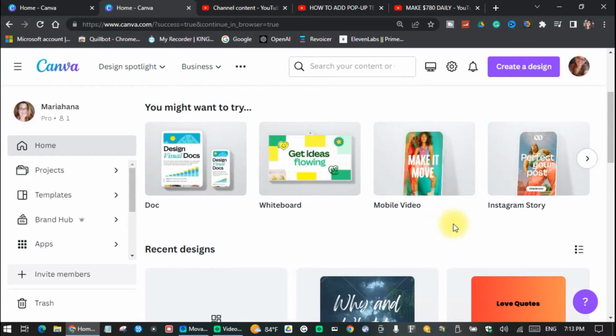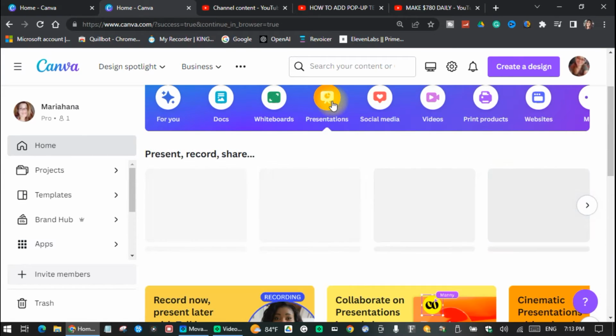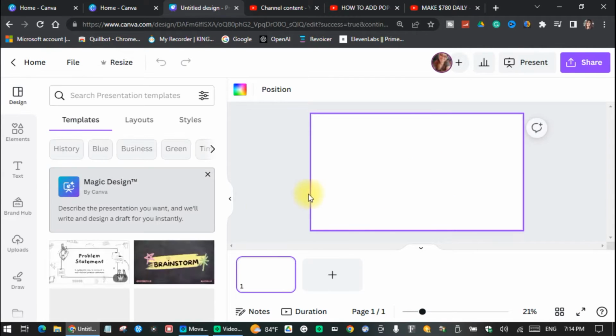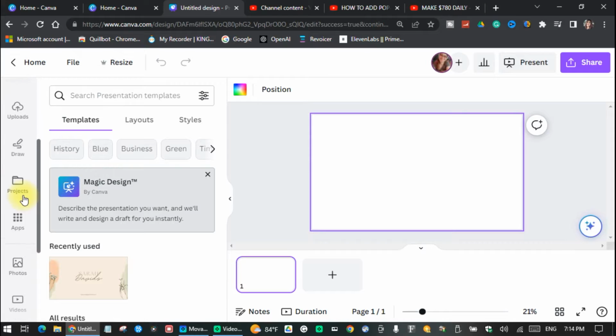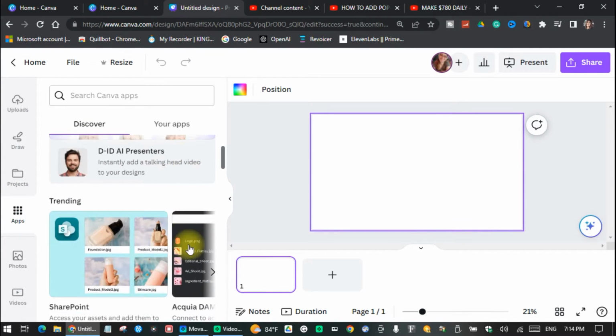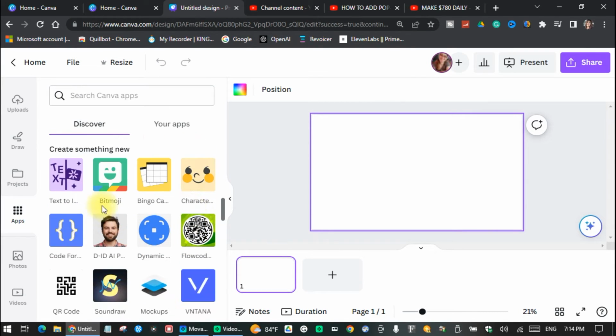And now let's go to Canva homepage and let's create a presentation. Okay, click the presentation and click the blank template. So I'm gonna use the blank template here so that we can design our own Bitmoji. Okay, so just scroll down there and you will see there Bitmoji. Okay, click that one